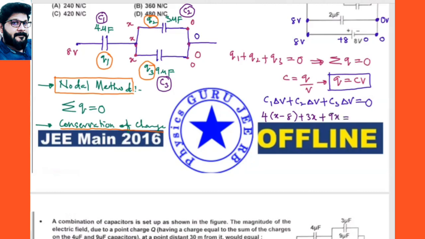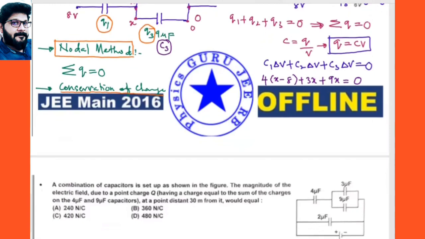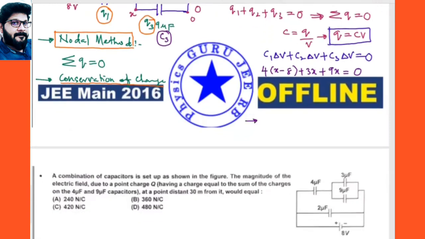So 9x is equal to 0. Hope this is clear to all. Next we can proceed at this particular point. 4x minus, that is 4 8s, okay, 32. Next plus, here we can take 3x plus 9x, which is nothing but 12x is equal to 0, or simply we can write 16x minus 32 equal to 0, or x equals 32 by 16, which is nothing but